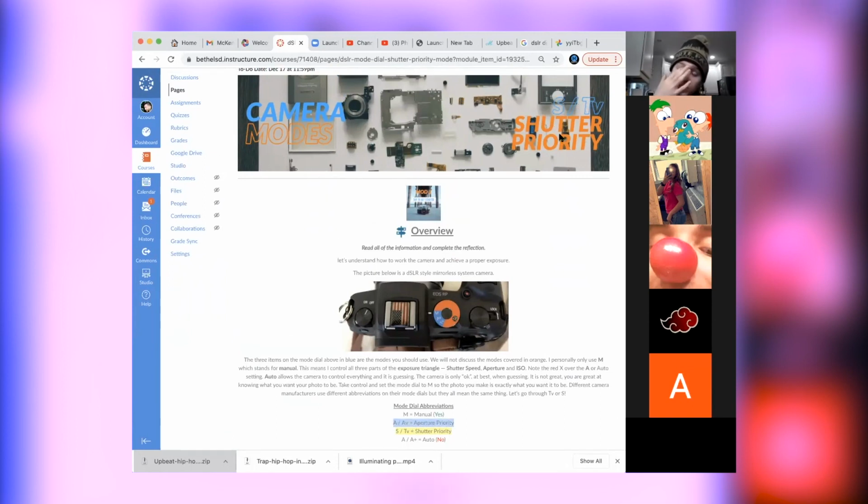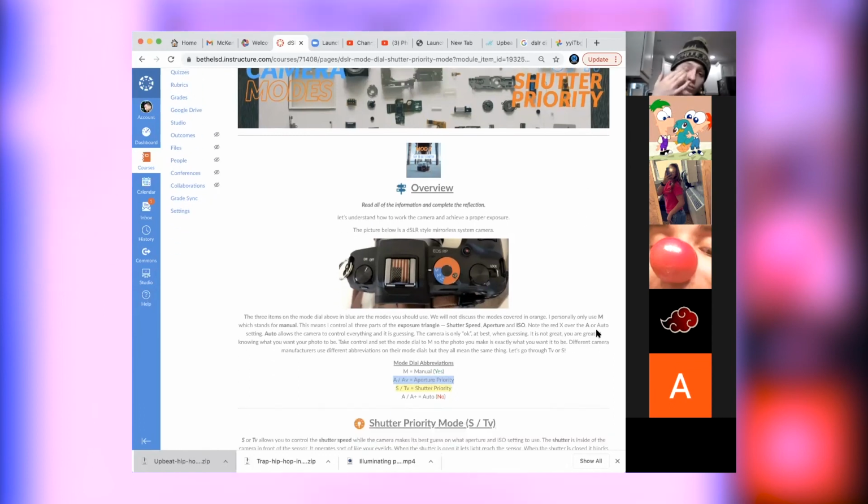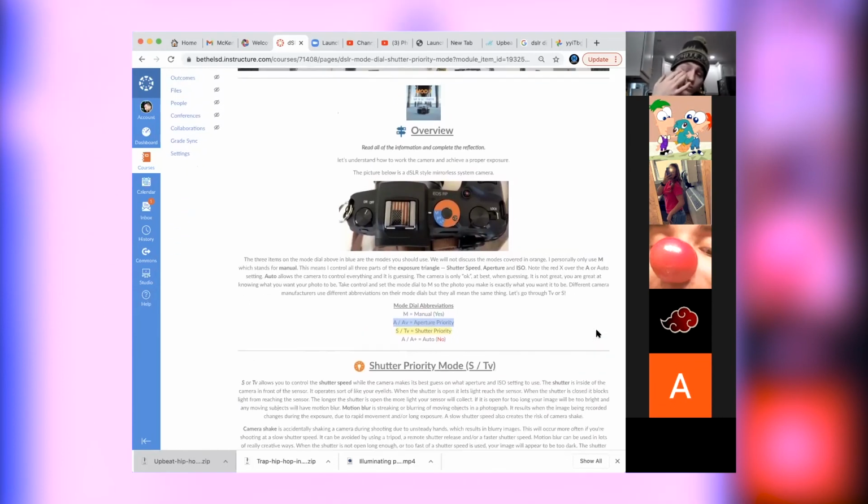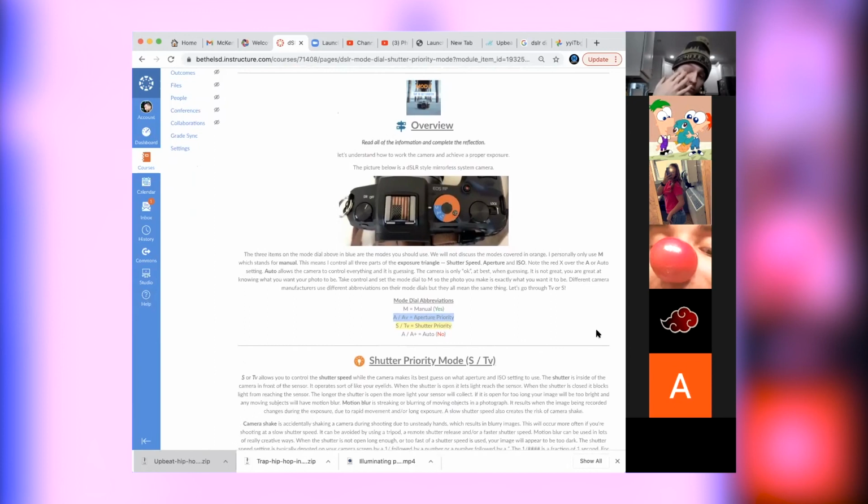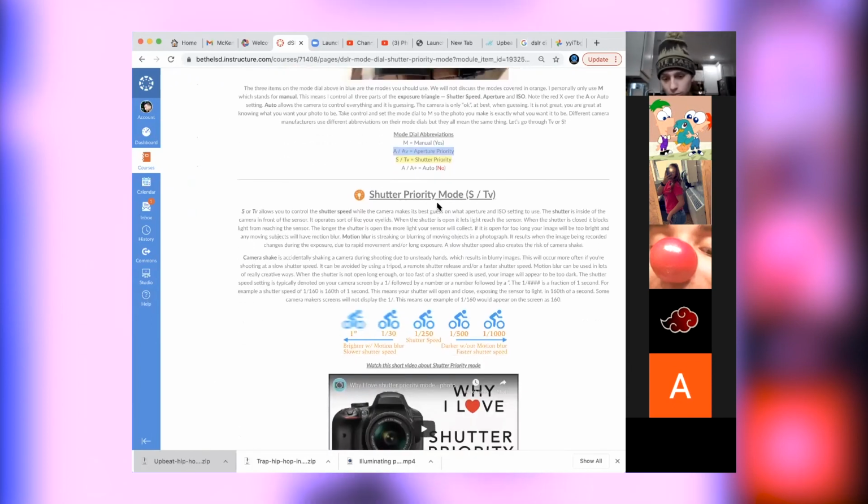You need to read shutter priority. We're going to go over it together. We're going to go over 2 pages the next time together, and that'll be it. But shutter priority mode is very similar to aperture priority. Instead of being in charge of the aperture, you're in charge of the shutter, while the camera controls aperture and